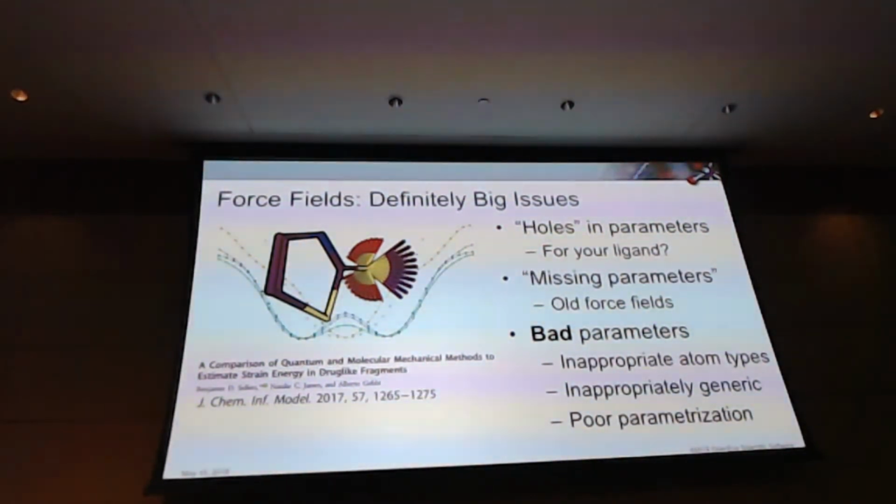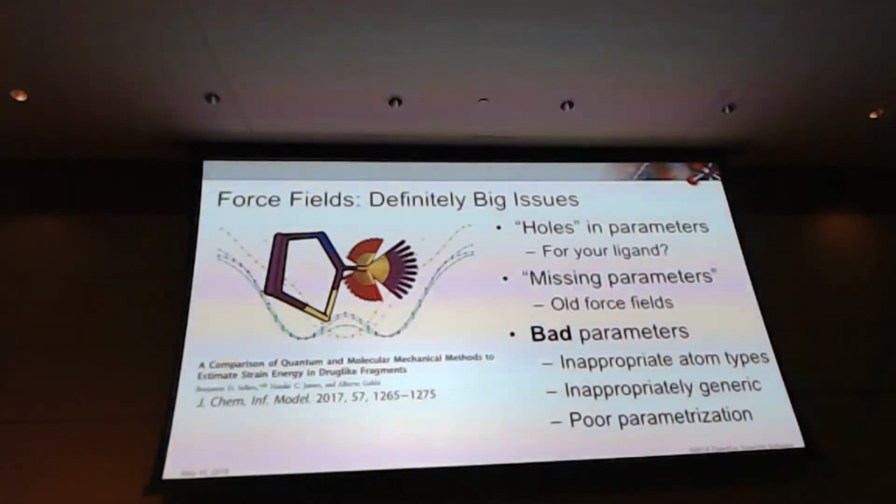But what do we mean by just bad? As somebody who's been working in force fields for a long time, just bad doesn't cut it. What is the issue here? An issue I'll be focusing on today is atom types, where the atom types are inappropriate. Or sometimes the parameters themselves are inappropriately generic. They were formalized to fit one kind of torsion, and that was good, but it doesn't fit every kind of torsion that atom type describes. Or it could be just a poor parameterization, done at an inappropriate level of theory. But I think most of them fall into the first two.